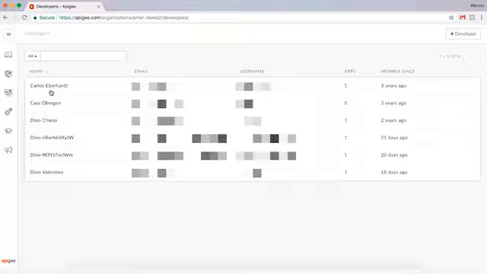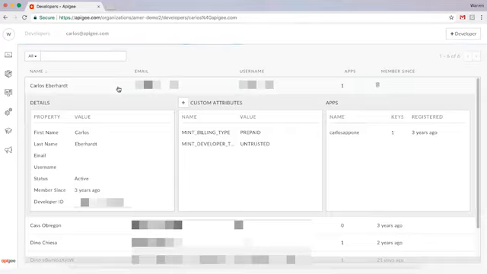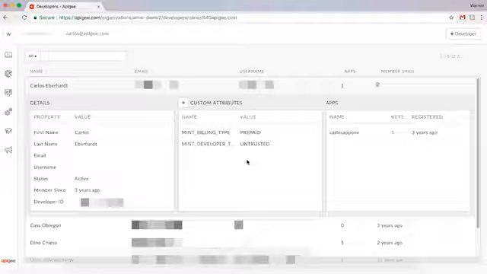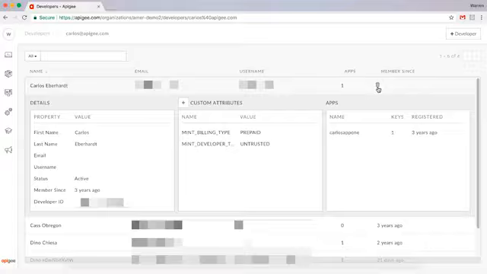When you click on the developers page, you will see a list of all registered app developers in your organization. From here, you can view the entire list of developers, search for a specific developer, or add a new developer to your organization using the Plus Developer button located on the upper right-hand corner. By clicking on the developer's name, you'll be able to see the expanded details including the apps that developer has created and any custom attributes you set. You will also have the option to remove that developer, assuming you have the proper rights.